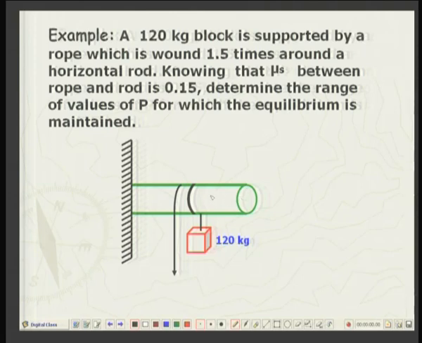Knowing that the coefficient of static friction mu s between the rope and the rod is 0.15, determine the range of values of P, the applied force at the free end of the rope, for which equilibrium is maintained. When will the equilibrium be disturbed? When the mass either goes up or goes down. So there are two cases to be examined. First, we will consider when the